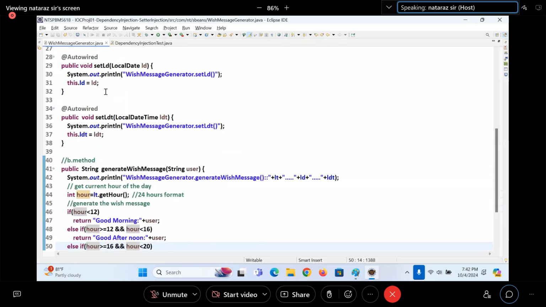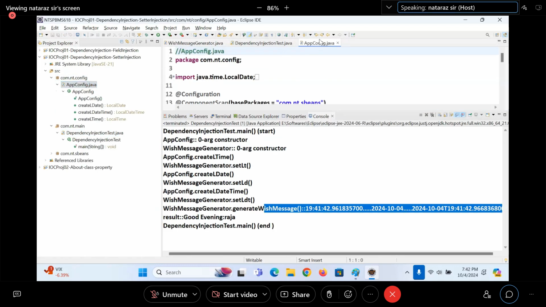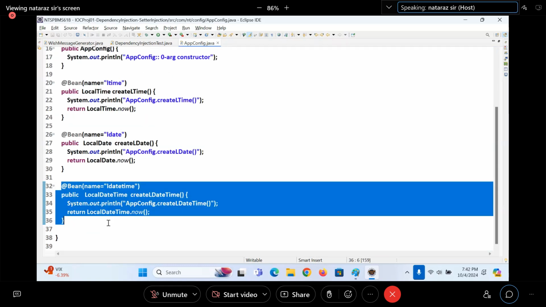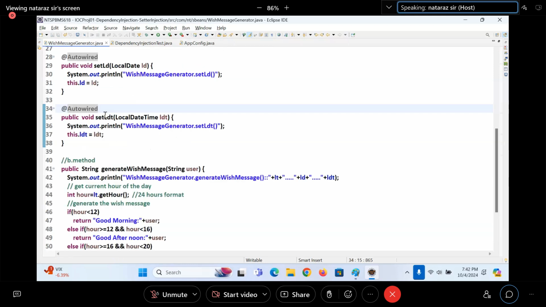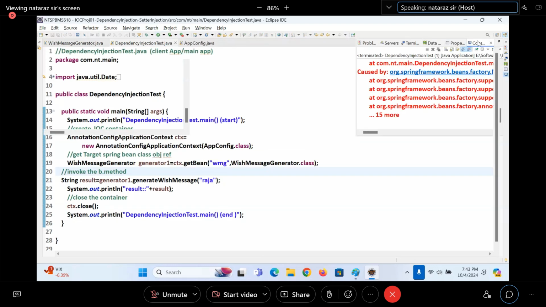Now listen carefully. By default, @Autowired has required=true, yes or no? Go to the configuration class. I commented this one, guys. The bean is not there. But here, what is the default meaning of the required parameter? The dependent must be available for injection. If it is actually not there, you will get an exception or not, guys.